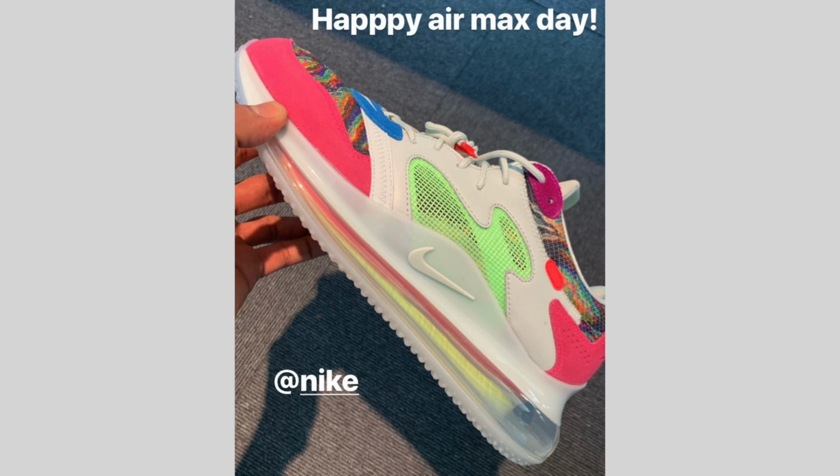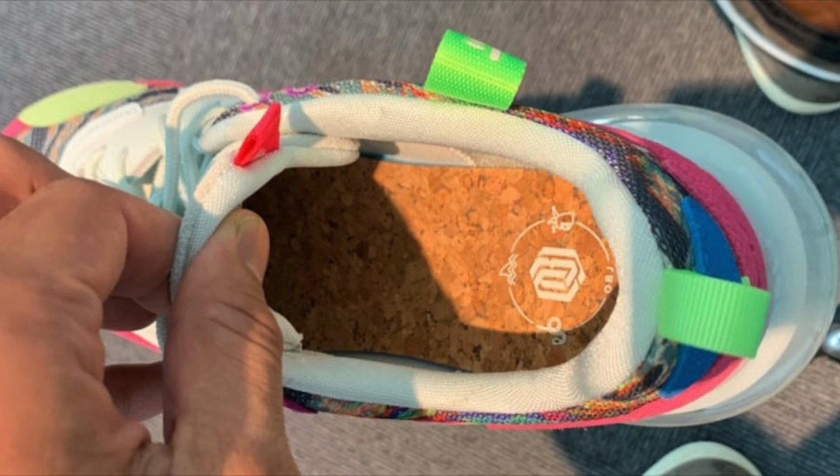It turns out that this pair is actually going to release. I'll get into the release details in a second. But the official color combination is multicolor in hyper pink. As you can see, we got a lot more going on here. It appears that sail and white cover the base, and then we also have accents of hyper pink, neon green, and yellow. Now on the collar and on the toe, we have a unique print which resembles the Coogee sweaters,